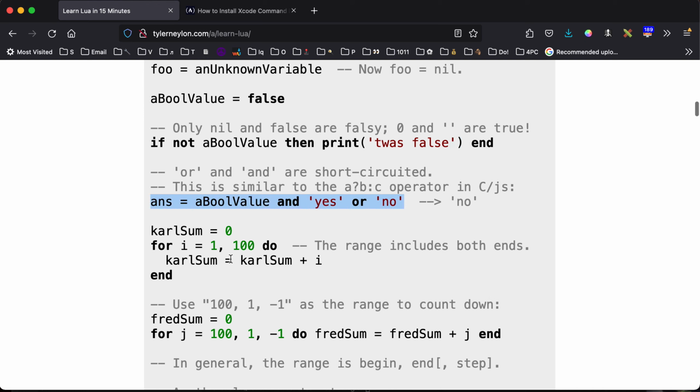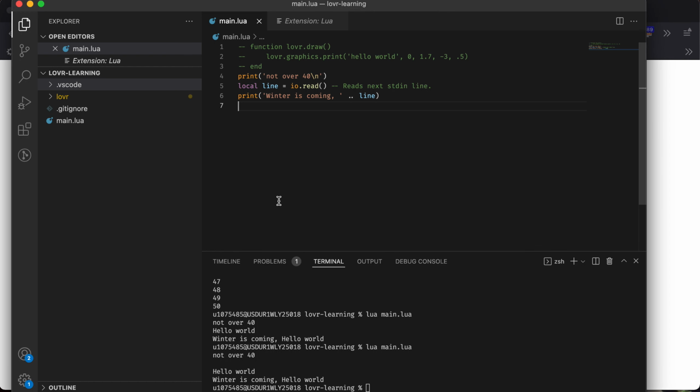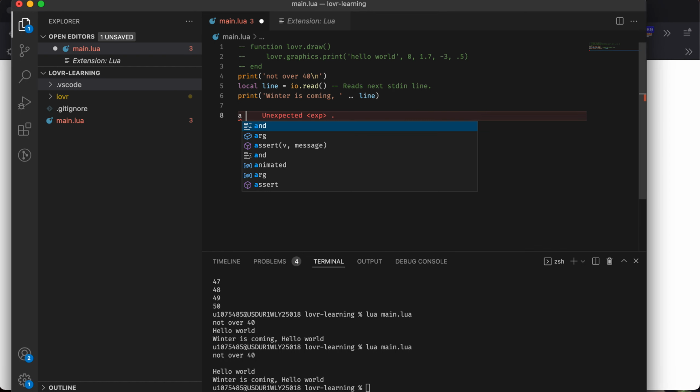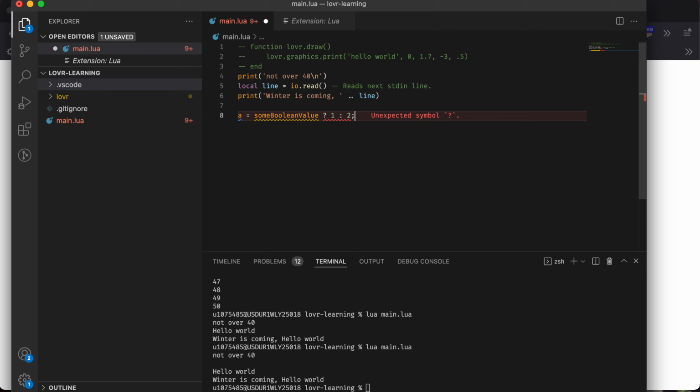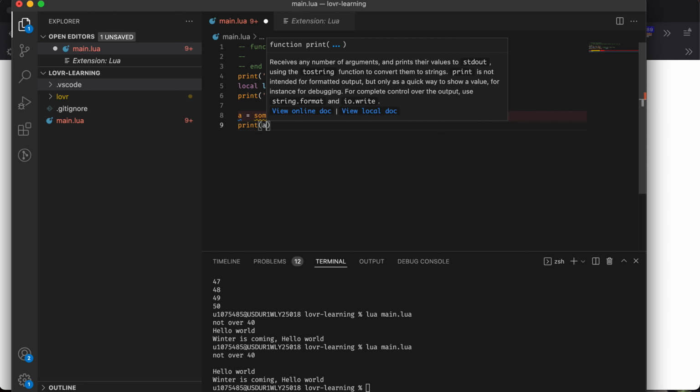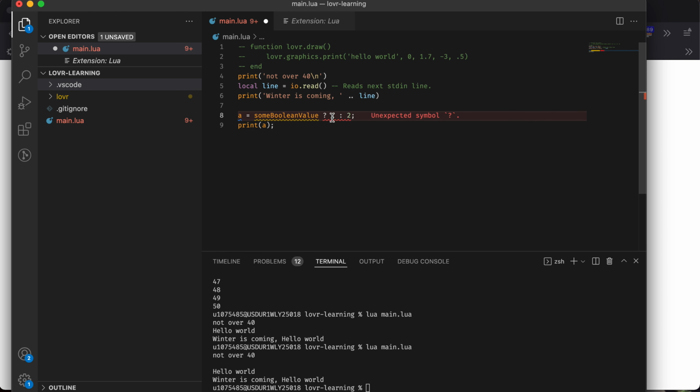So in JavaScript, you can usually do a ternary expression where you have A equals B, some Boolean value, 1, 2. So what that means in JavaScript is if this is true, return 1, else return 2. So if we did that, we do a print A. That doesn't work in Lua, but we can do and,